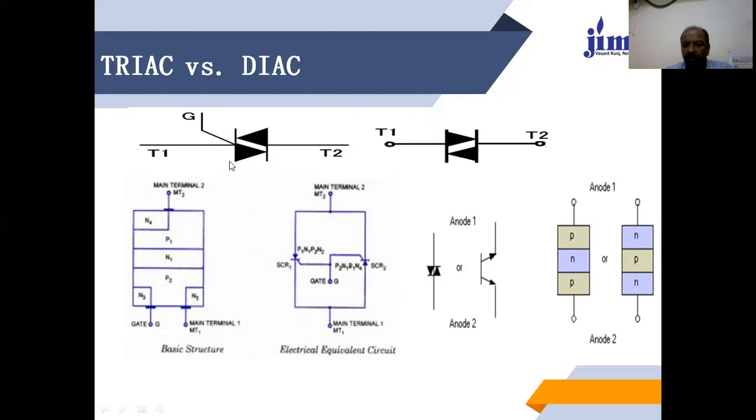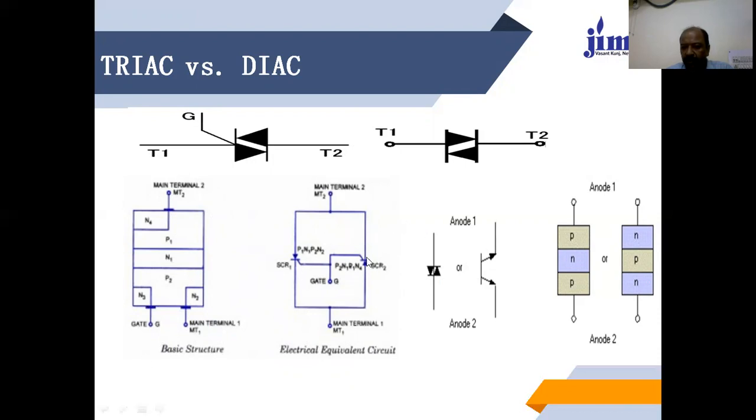Whenever we look at the symbol, we find that an SCR is formed, either moving from T1 to T2 or G, and it works in the positive direction. Whenever we work with T2, T1 with G, it works in the negative half direction. So it can easily operate because the entire structure is the same on this side. So there is terminal 2, terminal 1 and this is the gate pulse. We give the gate pulse from the N3, and N2 and N4 work to operate N1, terminal 1 and terminal 2 in a positive direction.